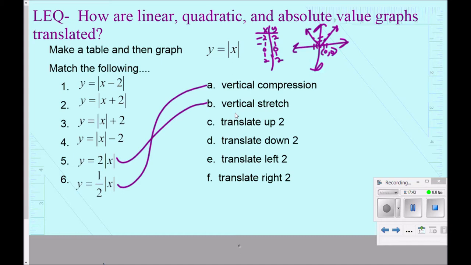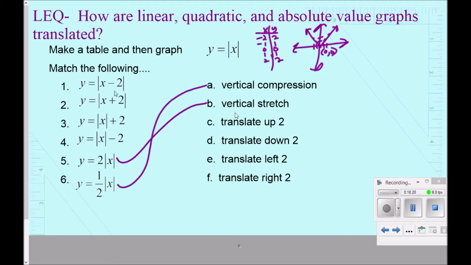And think about what I said a moment ago. Subtracting is going to be either right or down. Adding is going to be either left or up, just like linear. But the difference here is we have subtracting inside the absolute value and we have subtracting outside of the absolute value. We have adding inside the absolute value and we have adding outside of the absolute value. So you could play around with this if you had more time and graph each one of these by making a table. We're not going to take the time to do that, but I will tell you that